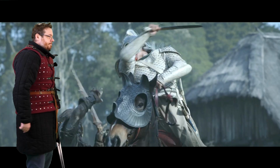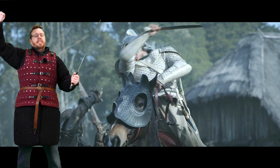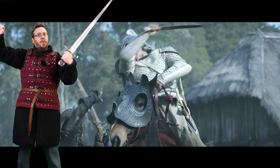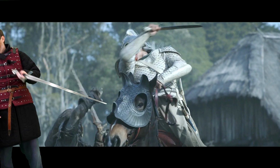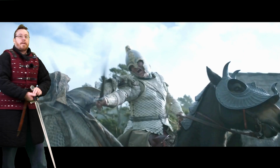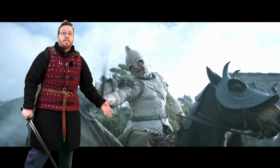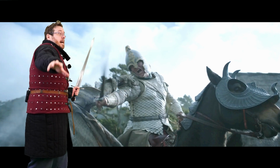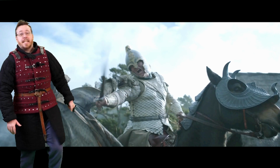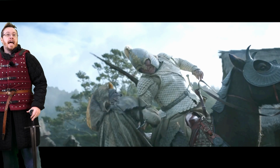So this guy swings down at an orc, okay? And the orc blocks it, seems to be with his hand, but he has a sword in his other hand. We see it right there. And so what does he do after he blocks? Free shot, you just blocked it, you've disengaged his sword, nullified it, and you're blocked with that arm, just swing it, free shot, he's dead. Instead, he grabs him and...